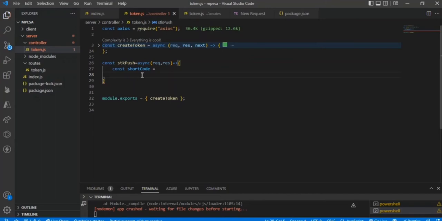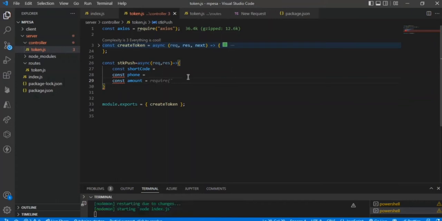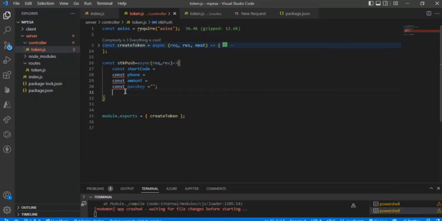Shortcode inaweza kuwa till, pay bill na hizo vitu zote. Utahitaji phone, the client's input yenye tutaweka kwa frontend. Tutahitaji amount, the money that a client will be willing to pay. Then tutahitaji passkey. Passkey, it used to be in the test credentials,